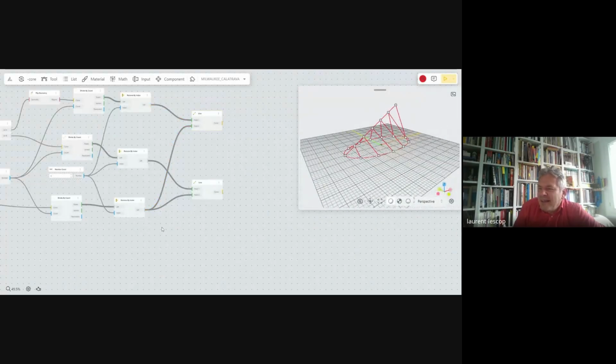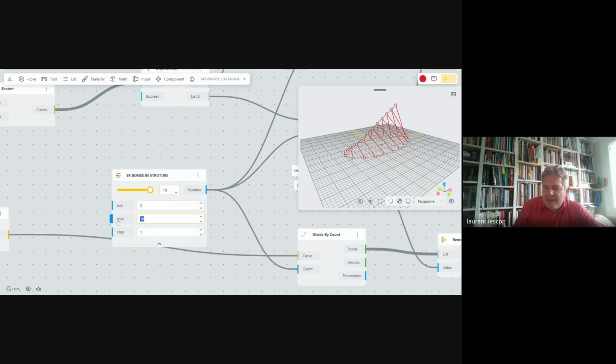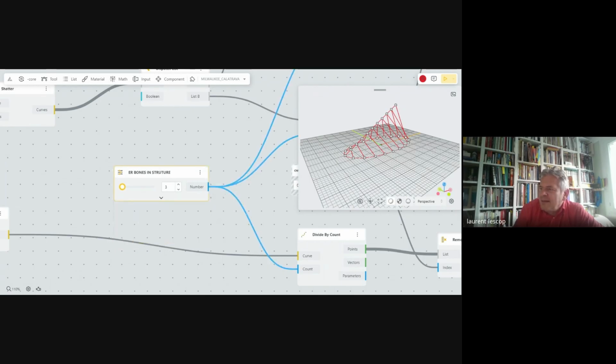Okay, so we've got 6 divisions. We can increase it just to see if it works. I put a maximum of 10, but let's put 30 for instance. I like to do that just to check how far the system resists, and when it is going to crash.